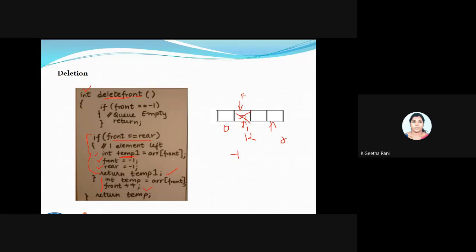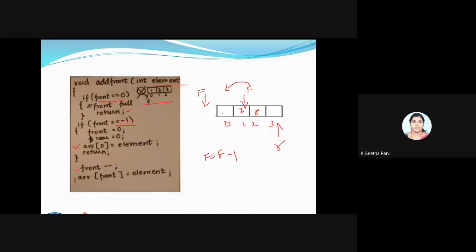Okay, when you're going for deletion, I'll go for a condition called the underflow condition, and if there is only one element, how to delete it. Okay, if you go for addition, I will check whether the queue is full. That is nothing but the overflow condition. Okay, and if you have an empty queue, how to put the first element inside the queue. Fine. So these are the 2 scenarios for adding as well as deletion. Okay, so based upon these operations like r is equal to r plus 1, all those things, the term differs.